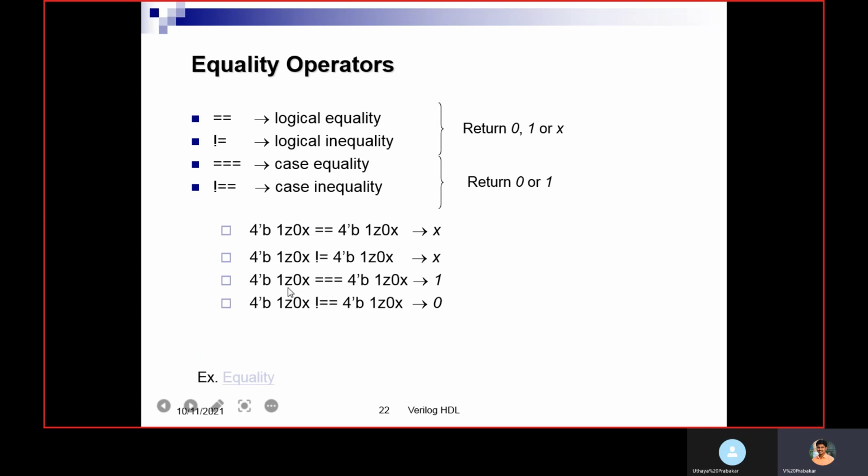In case equality, even if x and z terms are present, it will check both sides. 1, 1 is there, z is there, 0, 0 is there, x is there, so it will give output as 1. So there is no output as x in case equal or case unequal. If you are checking inequality of this one and this one, if both are equal, you will get output as 0.